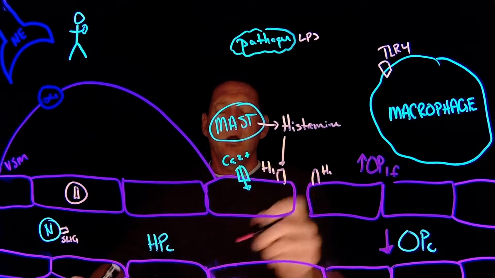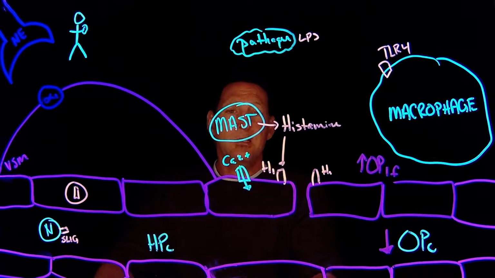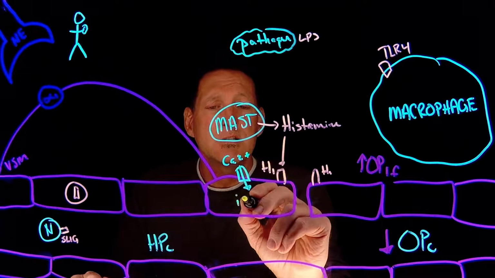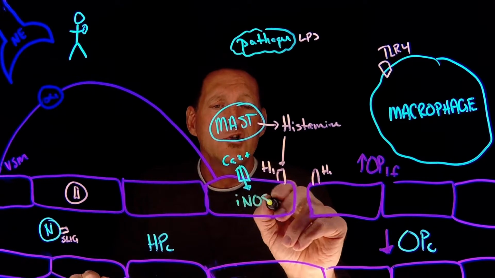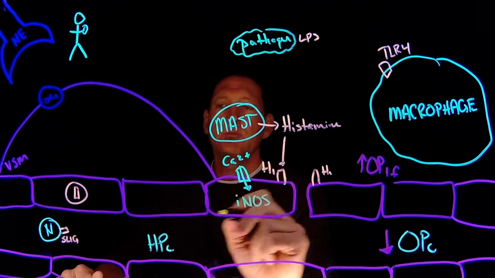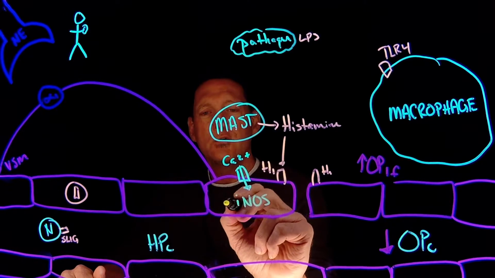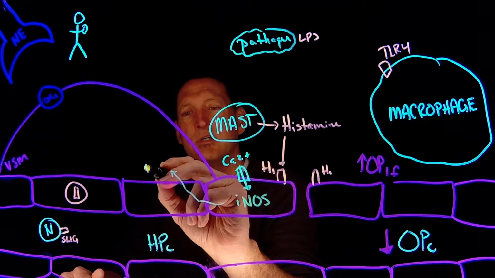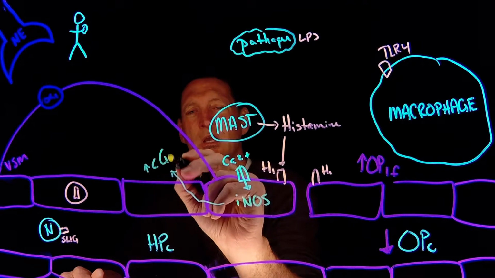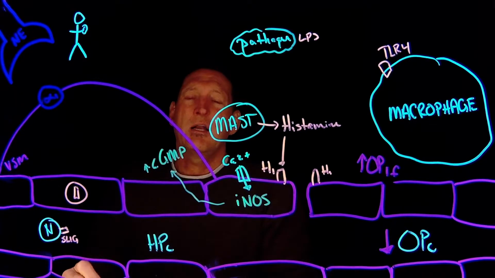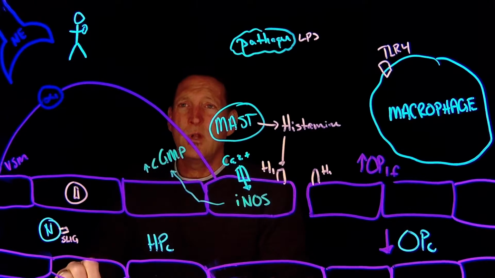Now, there's another thing that happens when calcium enters into the cell. Calcium will stimulate the synthesis of nitric oxide through the activation of iNOS, inducible nitric oxide synthase. Nitric oxide will diffuse over into the vascular smooth muscle cell, and it'll increase cyclic GMP. Now, you may remember from physiology that an increase in cyclic GMP will actually cause